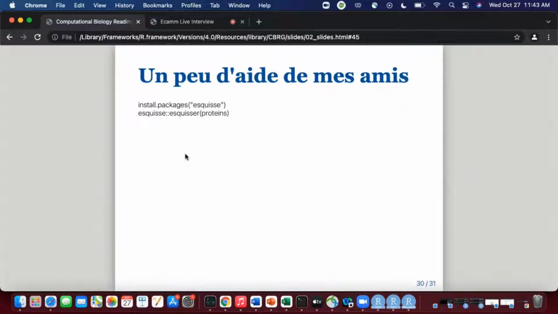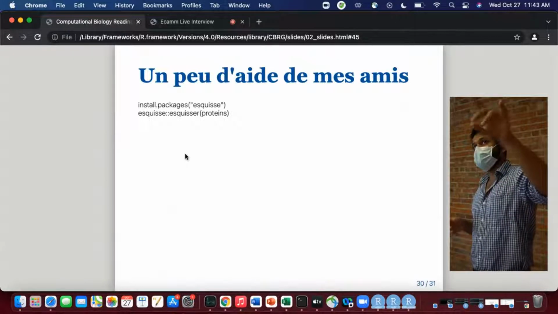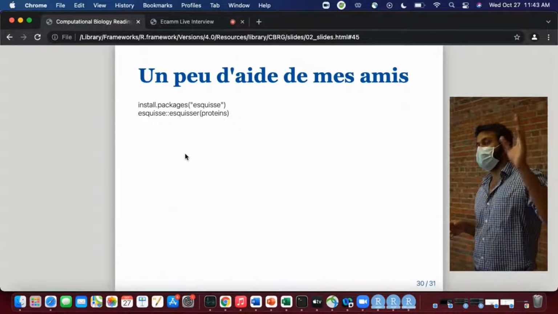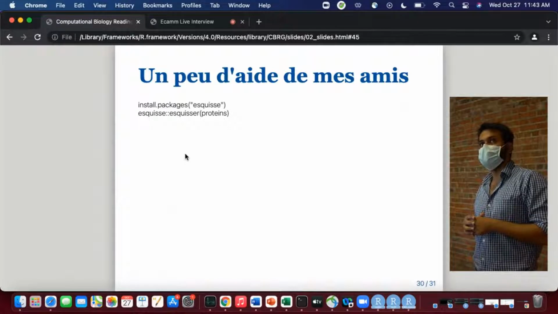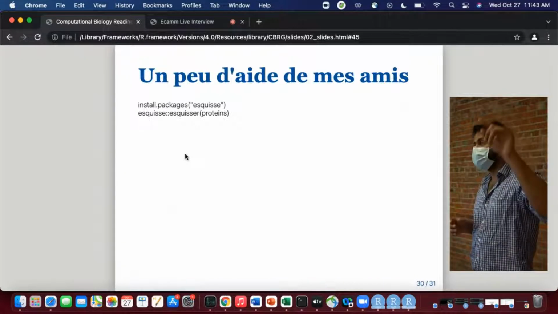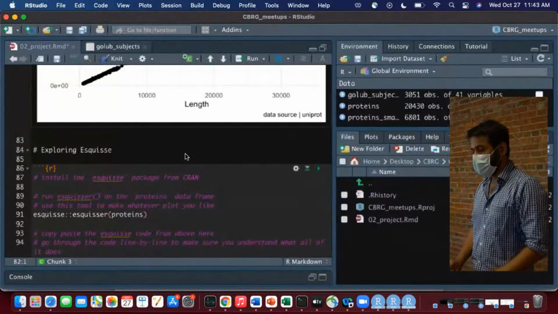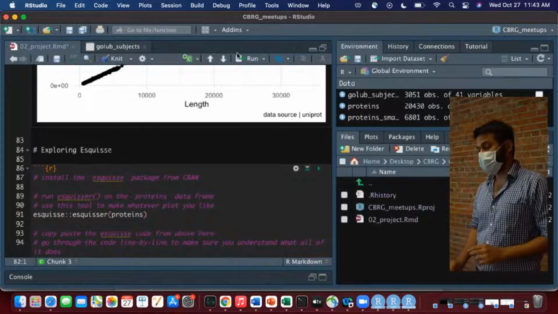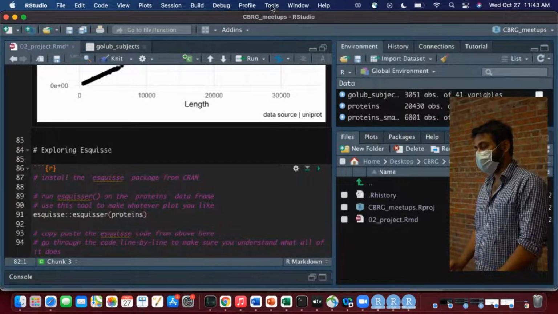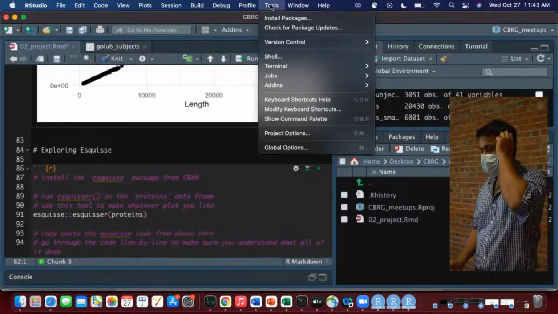So I'm assuming you don't have this package. And if you don't, this is how you install. This package is on CRAN. And install underscore packages Esquisse, or whatever the name of the package you want to install is, is what you run if you want to install something from CRAN. Let's say you don't want to go to the trouble of typing it out. You can install something